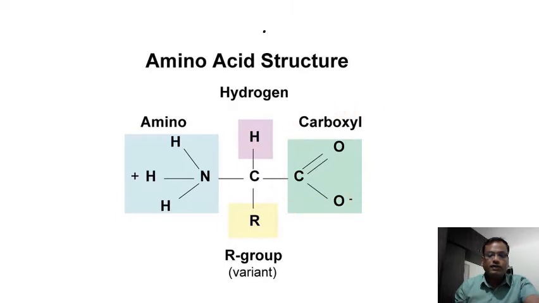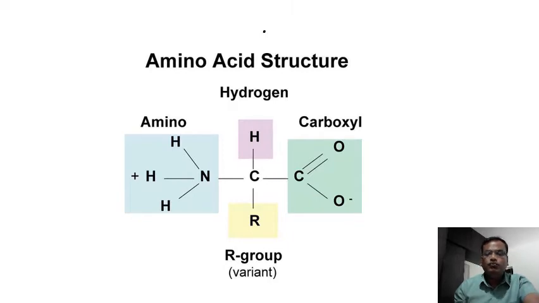So we call this the amino terminal and this the carboxyl terminal. And here this is the R group. Now the R group may be as simple as an H in one amino acid, or it may be very complex. So all amino acids differ only in this R group, whereas this structure is common in all amino acids.